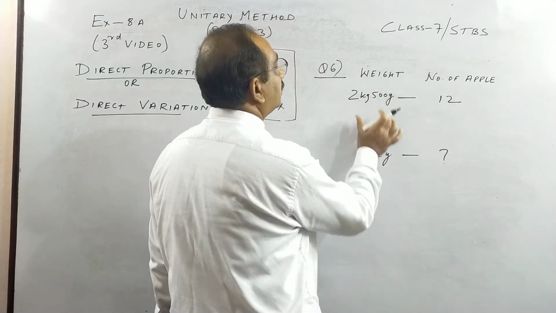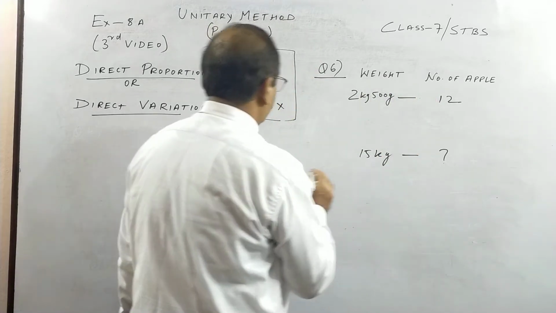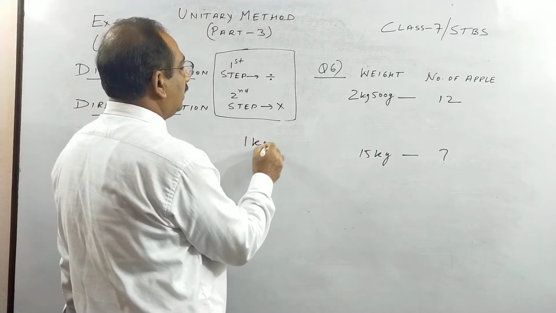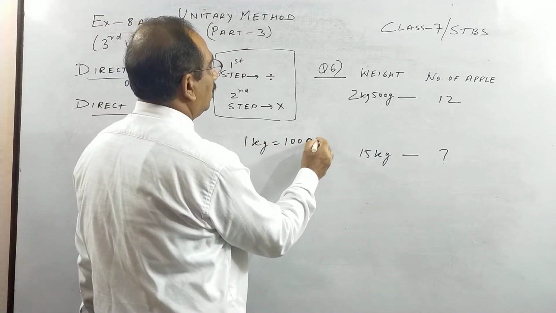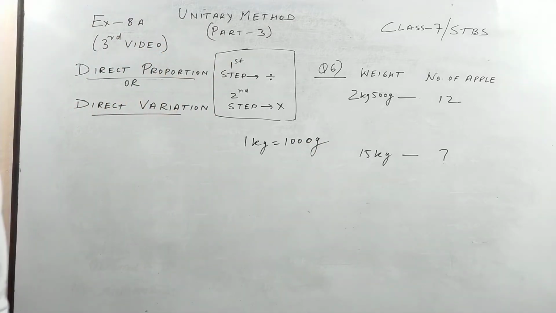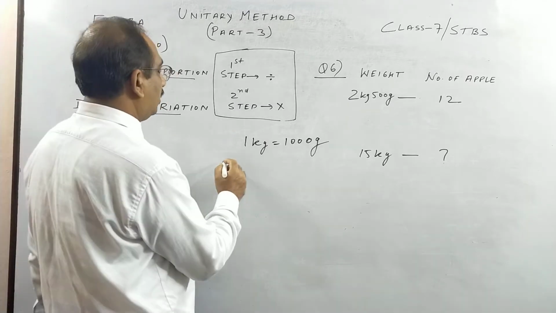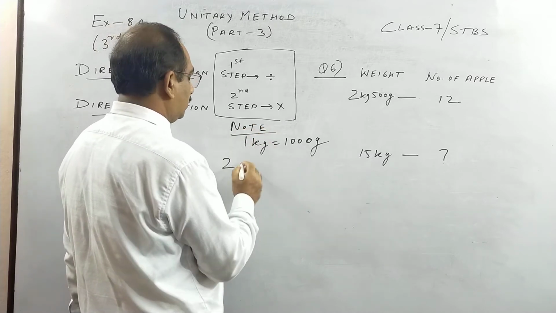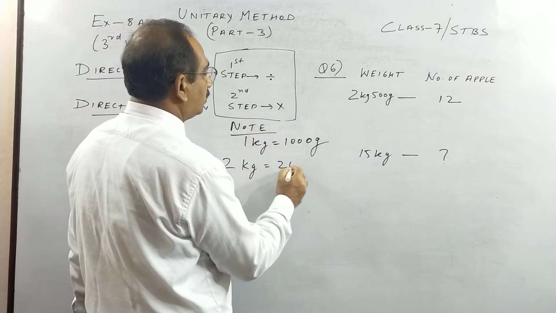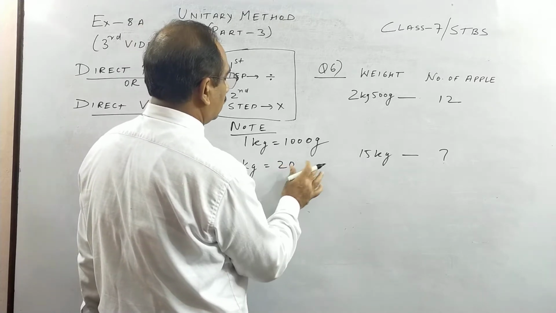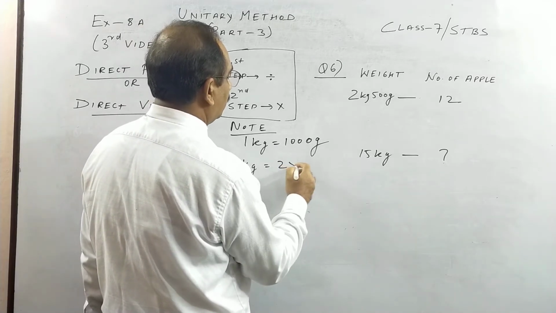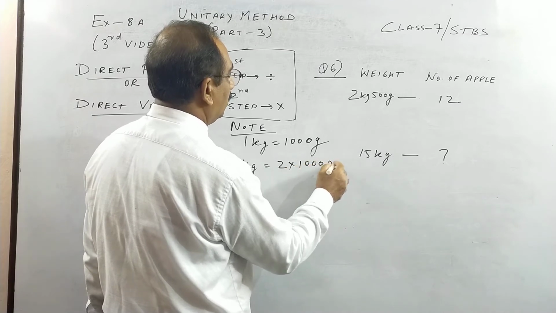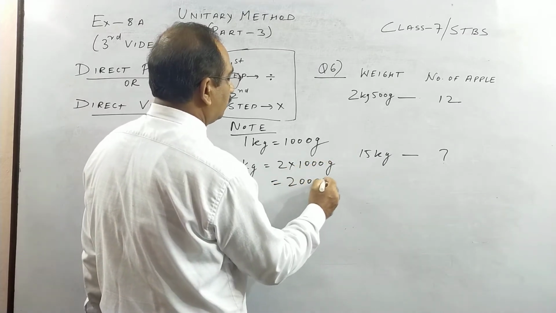This I have to convert, this is kg and gram. So some rough work I'll show you. 1 kg is 1000 gram. Okay, 1 kg is 1000 gram. Therefore 2 kg 500 grams. So this you can write as a note. Before you start the question, you do 2 kg is 2 into 1000 grams. So what we can do, 2 into 1000 gram is equal to 2000 gram, children.